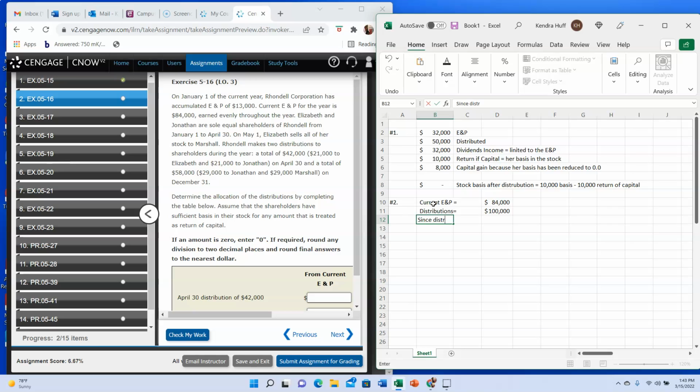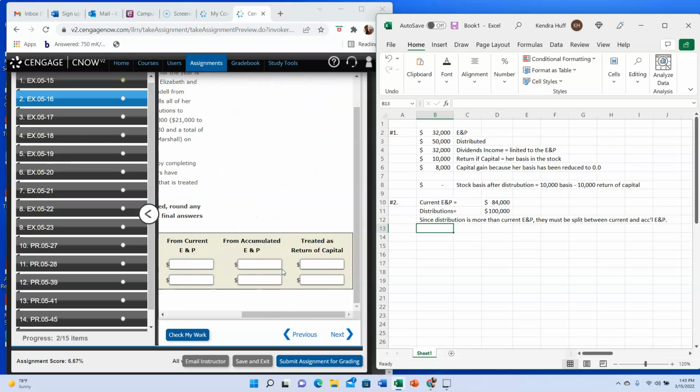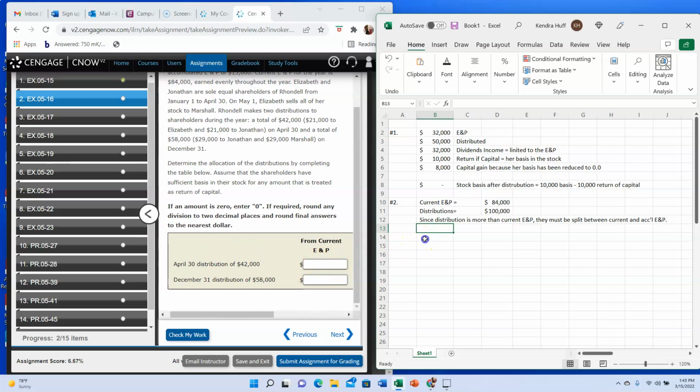So they must be split between current and accumulated. Okay, so for each one, we have to determine what comes from where and if any of it's treated as return on capital. All right, so for the April 30th distribution,